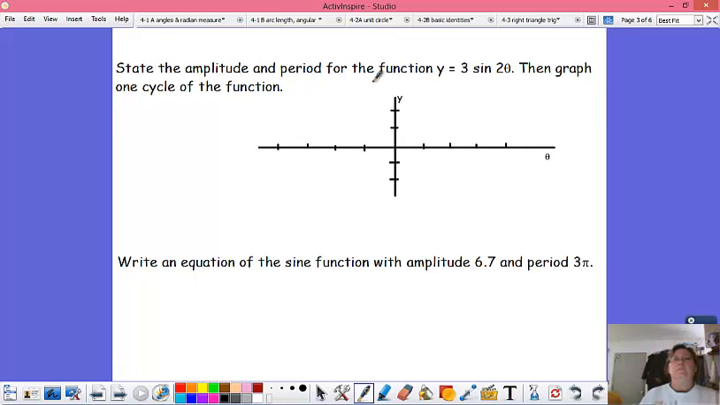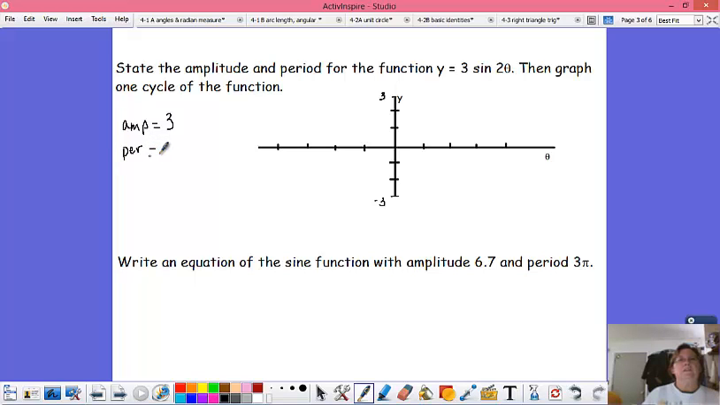We are to state the amplitude and period for the function y equals 3 times sine of 2 theta. Then we're supposed to graph one cycle of it. The amplitude is the number out in front, 3. So I'm going to go to my graph right now. I'm going to put a -3 here and a +3 here because this is going to be taller than normal. To find the period,